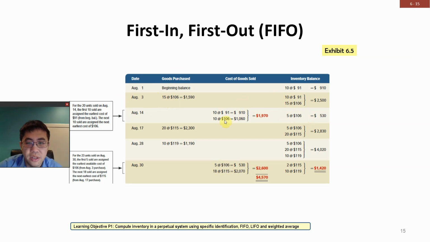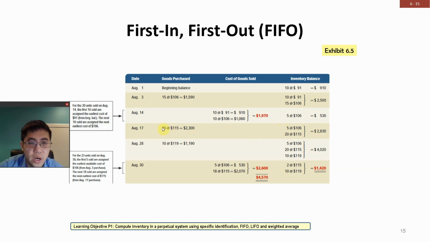So that's 15 minus 10, so that's a 5. And then for the 23 units, first, you need to get rid of the remaining 5, and then the rest will go to the other units. And right here, you purchased 20 units, so that means you need to get the rest, 18